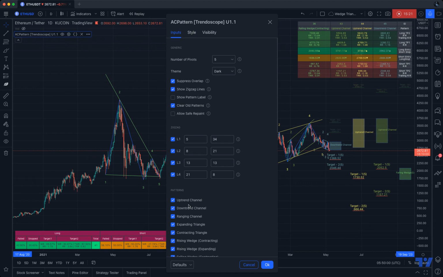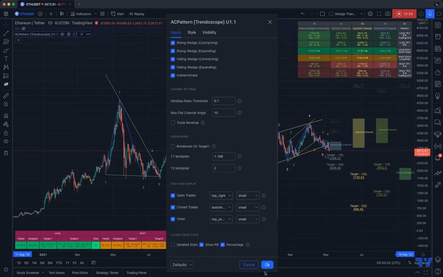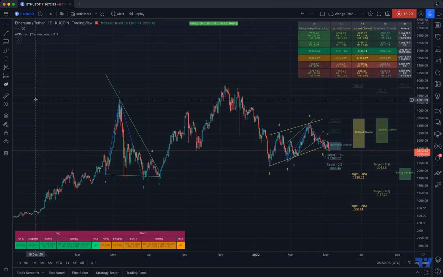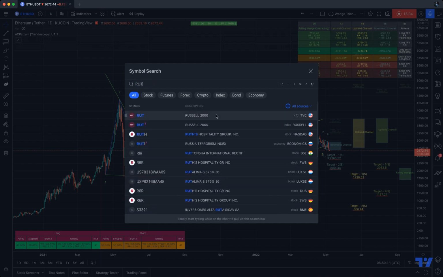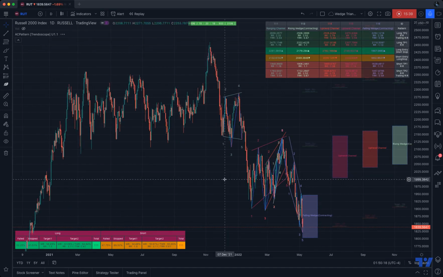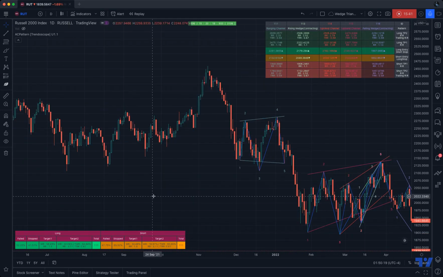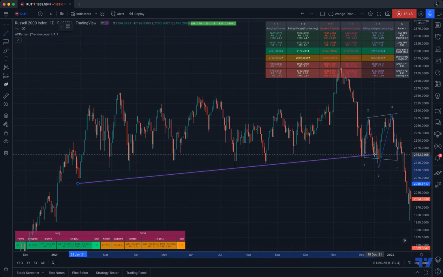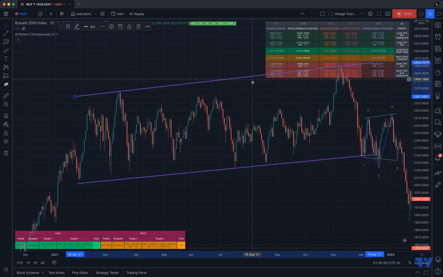So let's say the channel is very large, like here the channels are pretty small, and let's say the channels are maybe... not sure that's going to work, but let's see. It's already broken down, so it may not work. This channel is very big. This channel is quite big. If you're looking for a breakout, it's a huge risk. If you want to set a trade here with the stop loss here, that's going to be